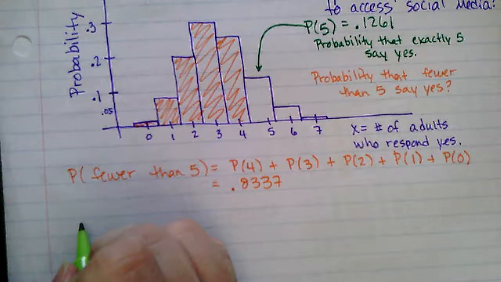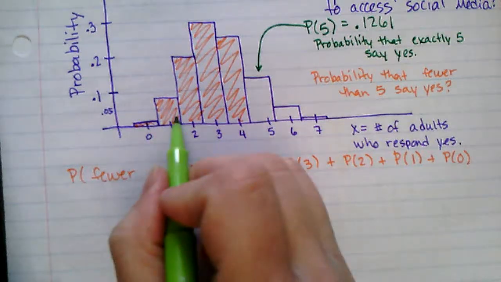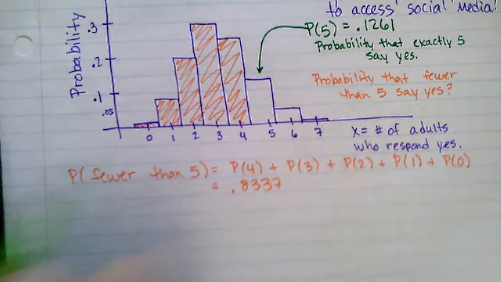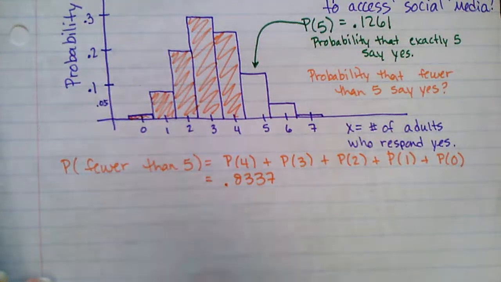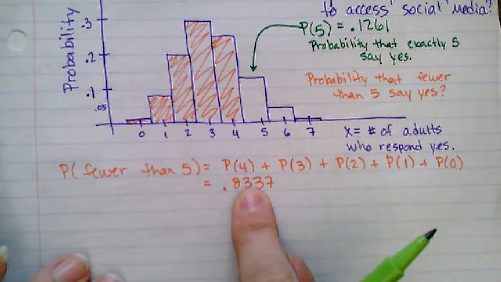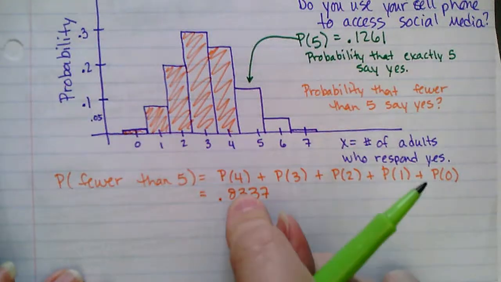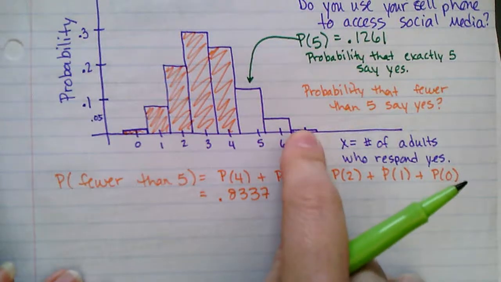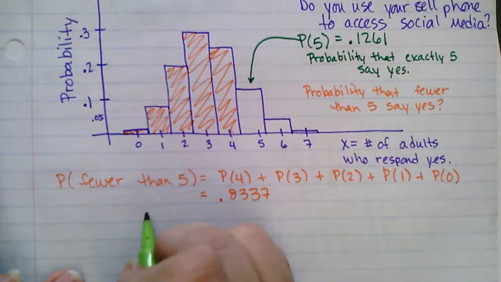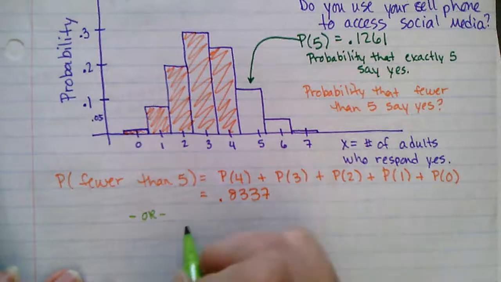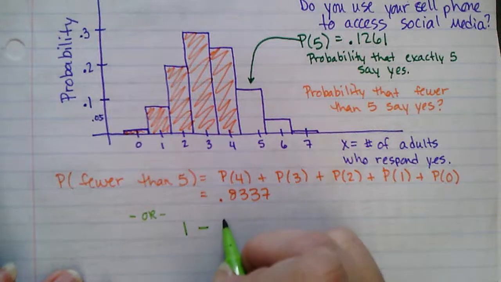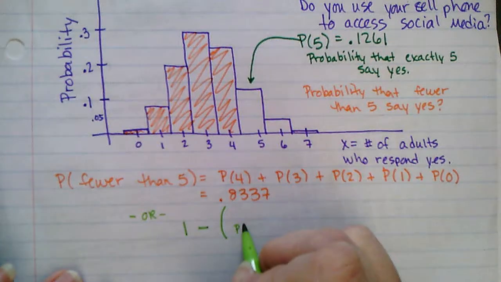So if I wanted to know the probability of 0, 1, 2, 3, 4, 5, 6, and 7, I add those all up, and that would equal 1, which means this number should be equal to 1 minus this, this, and this. So the other way that I could do this would be to do 1 minus the probability of